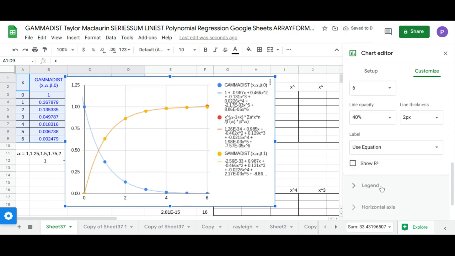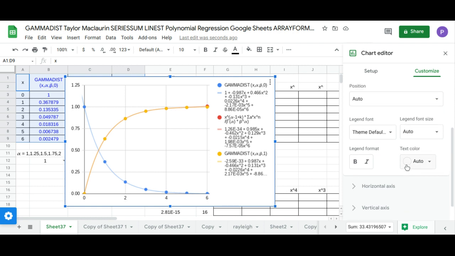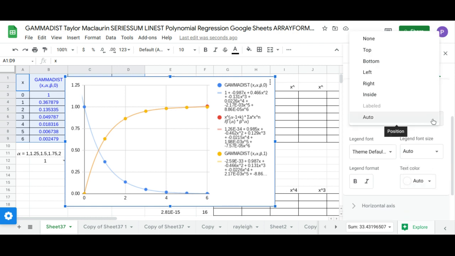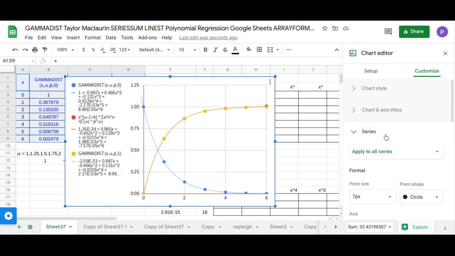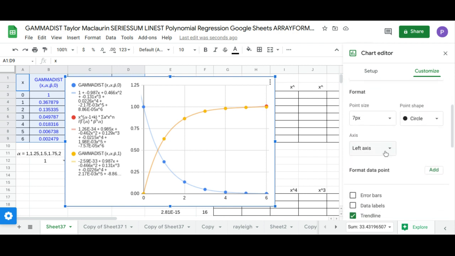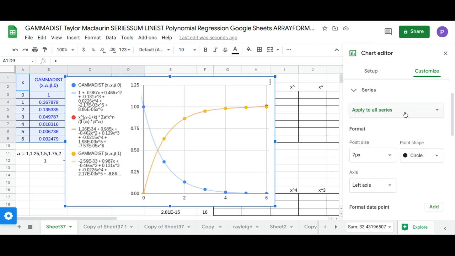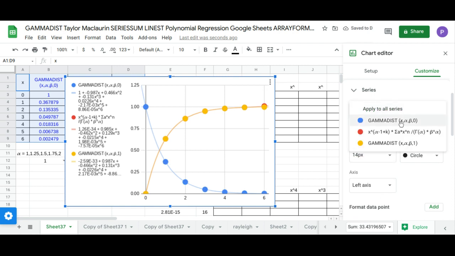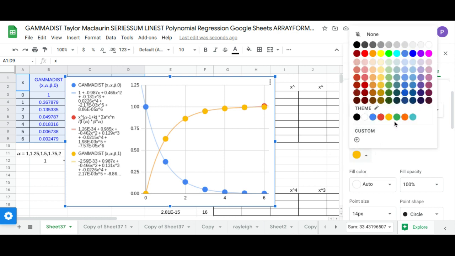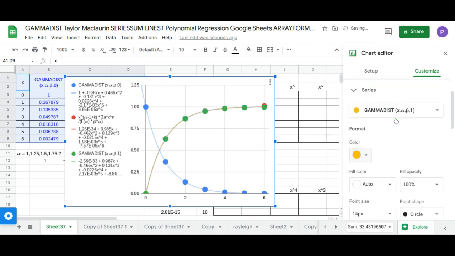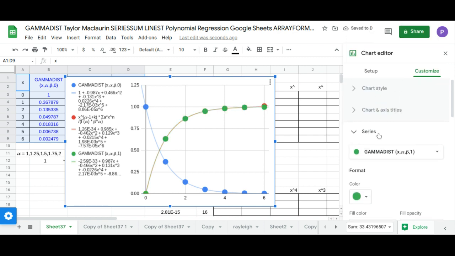And for the legend, we'll put it on the left. That's for the legend. And let's go back to the series. The point size will be the largest. And the color of the GAMMADIST, there's no yellow, so we'll use the green. That's green. And go back to